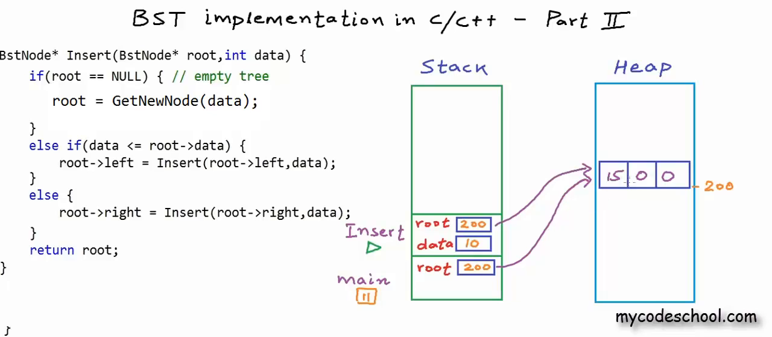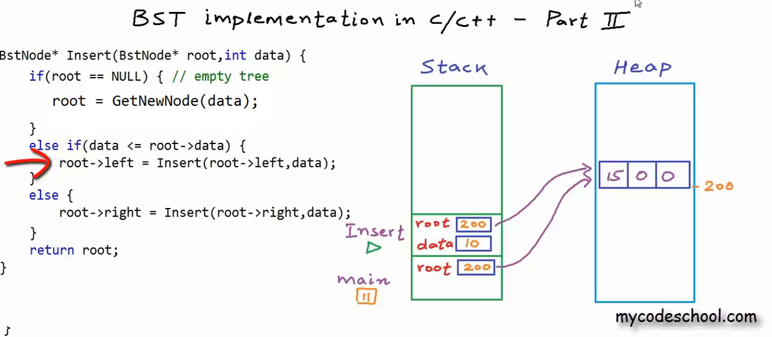We will access the data field of this node at address 200 using this pointer named root in the insert function, and we will compare it with this value 10. 10 is lesser than 15, so we will go to this line, and now we are making a recursive call here. Recursion is a function calling itself,